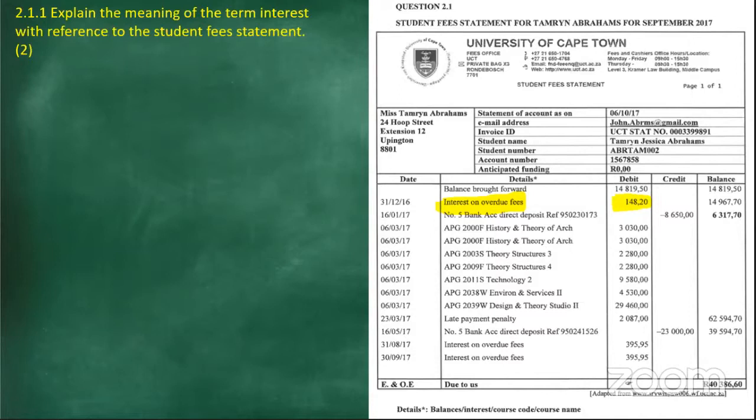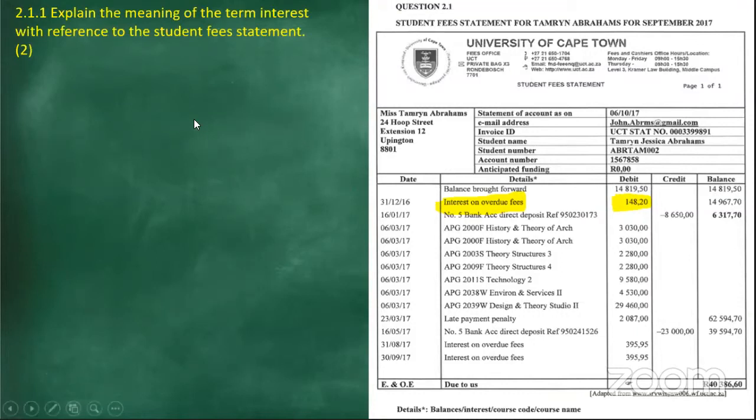Okay, Genesis says it's the extra money she has to pay for missing payments. And then Limondre is saying interest refers to her overdrawn amount on paying back the balance of her studies. Okay, guys, that is now correct because it is in context. The interest charge here is the interest charged because of the fees she's still owing. The fees were supposed to be paid by a specific date and she did not pay. So because of the late payment, she will be charged interest. So it is in this context.